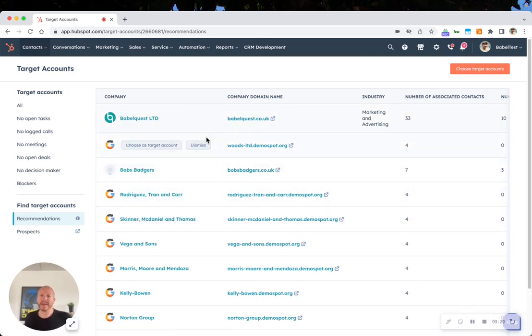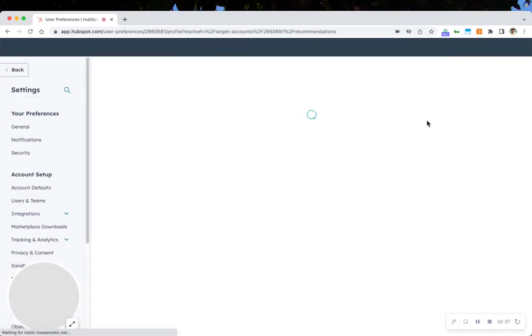Once you've turned your target accounts on, there are a couple of little pieces of admin that you're going to want to do. The target accounts functionality gives you 2 new company properties and 1 new contact property, and you're going to want to add those to the record so that you've got visibility. So to do that, you're going to go up to settings,